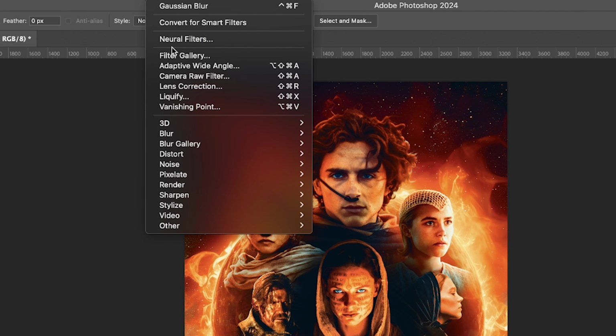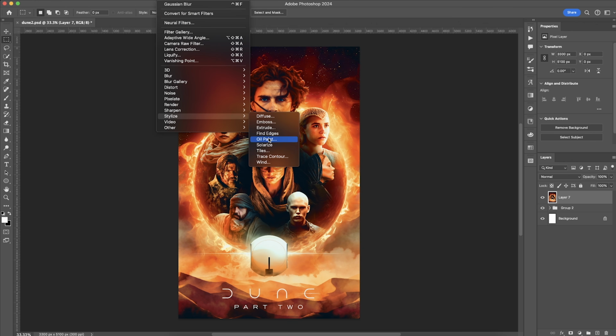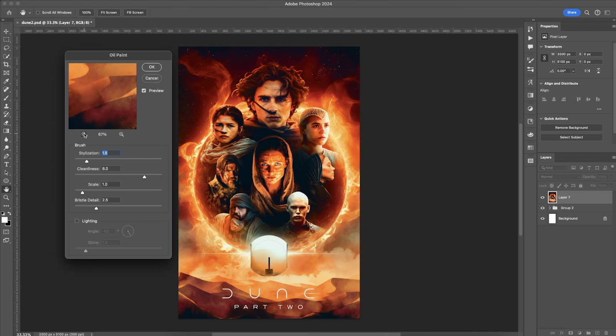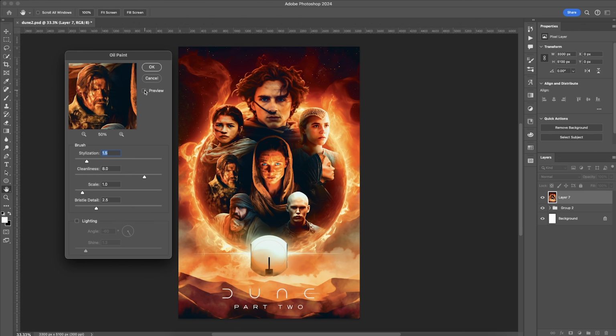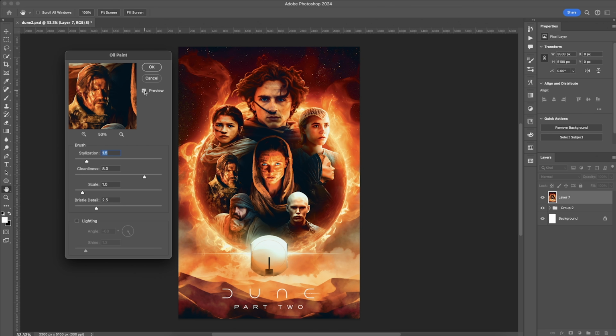Run it through an oil paint filter up here in the filter bar at the top, because I think it kind of in a weird way has this effect of upscaling really blurry or low resolution photos that you may be using to get by. You do want to keep it minimal though, because you get the accusation that it's AI generated when things get too wavy. You don't want that either, so we're gonna kind of ride that line. I think that looks pretty good.